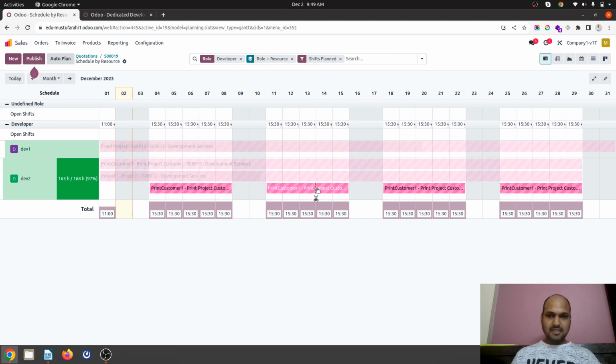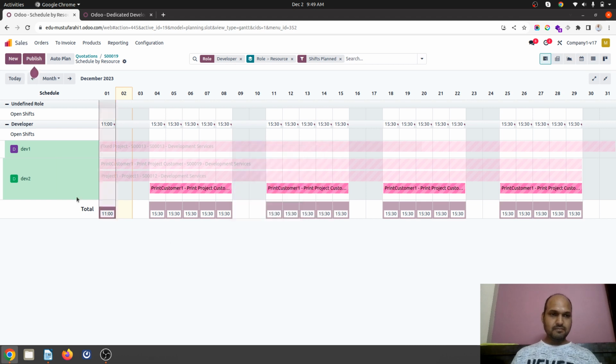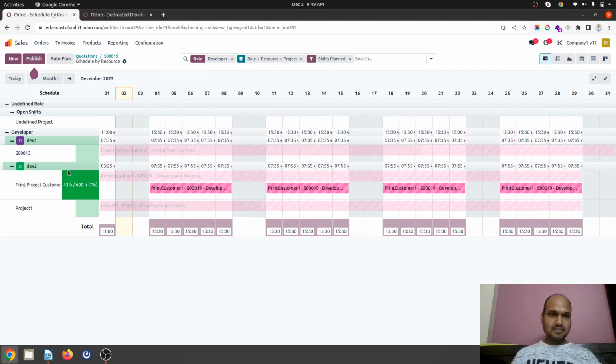we can see the planning based on developers' availability. So in December month, now if I see the developer has been planned for many more hours considering SO. So if I want to filter by, let's say, project, it will show me the different projects, and this is my project SO19, which I have renamed to print project customer, where you can see planning according to 43 hours was availability. And this is again a different project, so according to his availability 43 hours has been